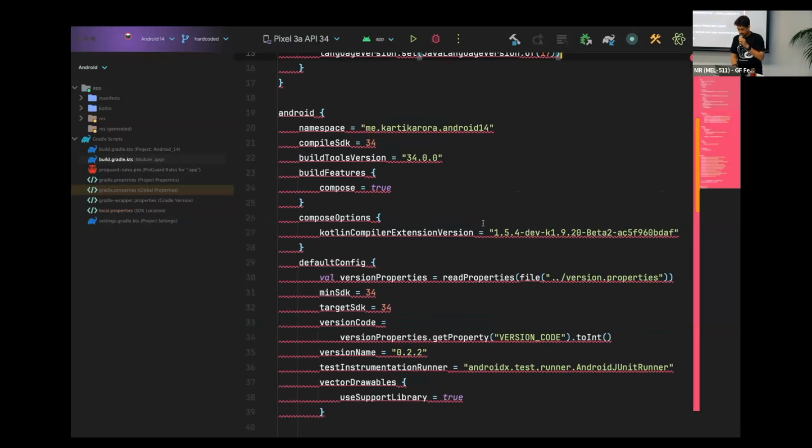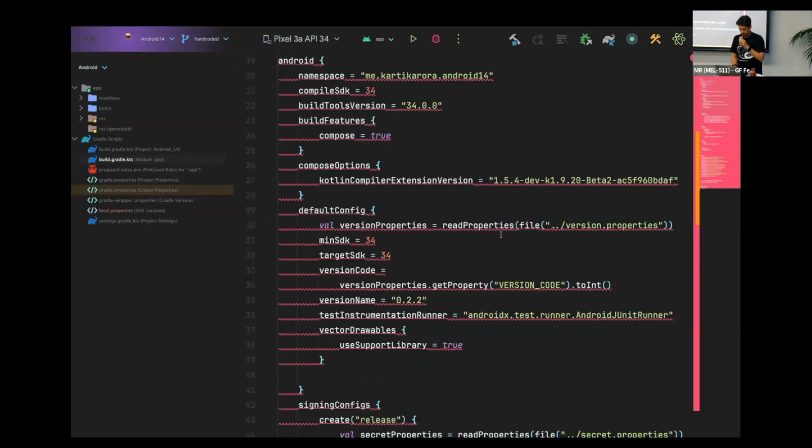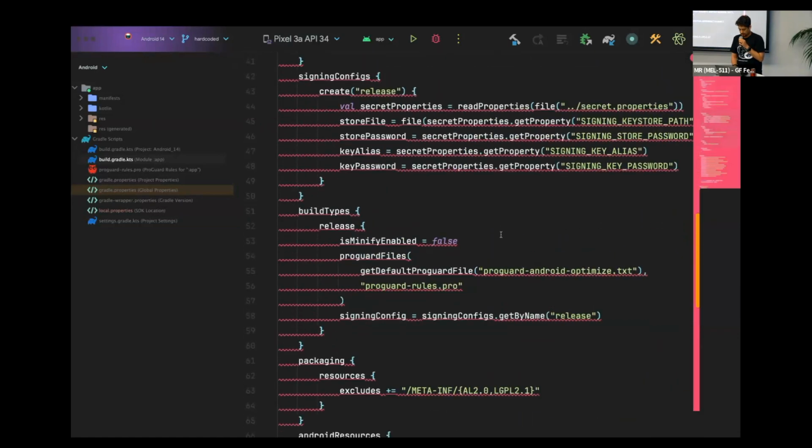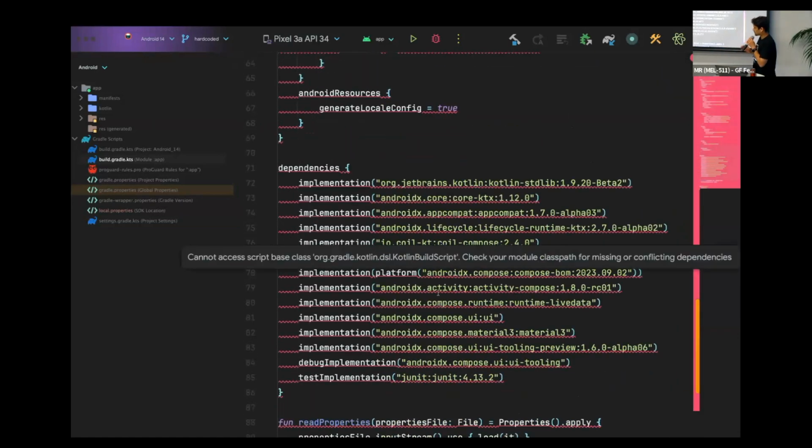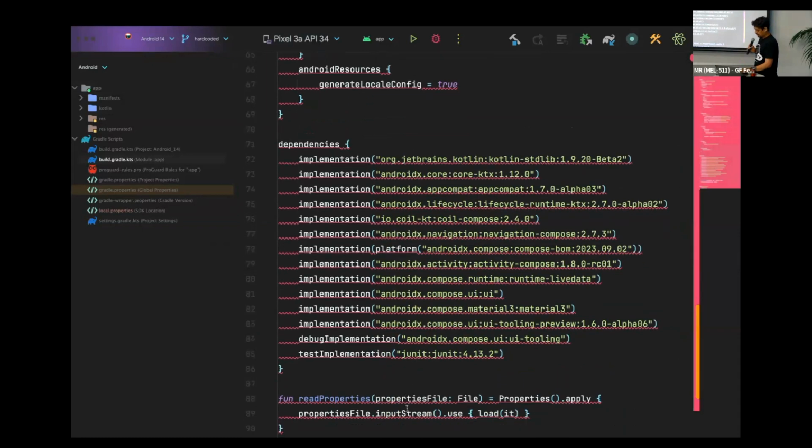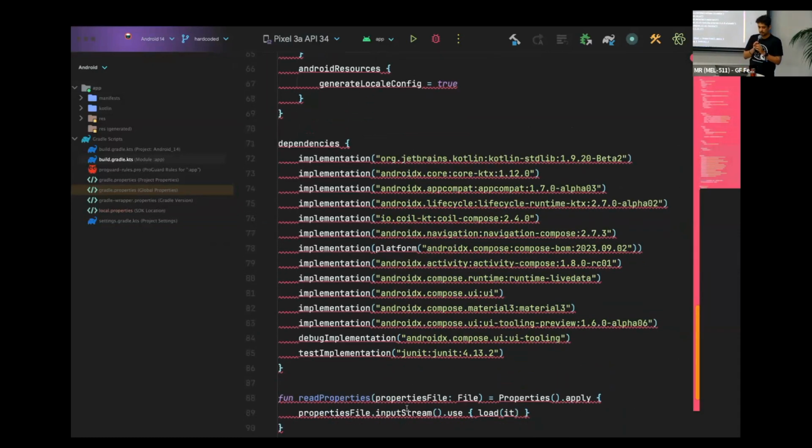Right, so this is how you would declare everything. It's all hard-coded. Everything is here. The dependencies are all hard-coded. I've just got one module here, but if you have multiple modules, you can imagine how tricky it gets having these same implementations everywhere again and again and again. And these days, Android Studio, the entire IntelliJ platform in general, has gotten smarter to tell you there's duplication, please fix it. It's not good.